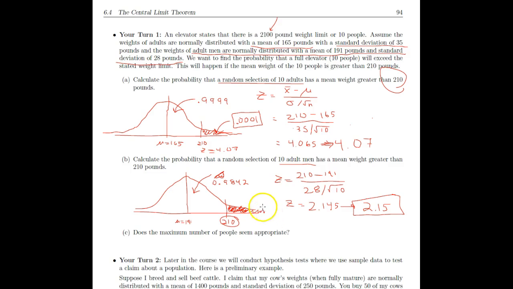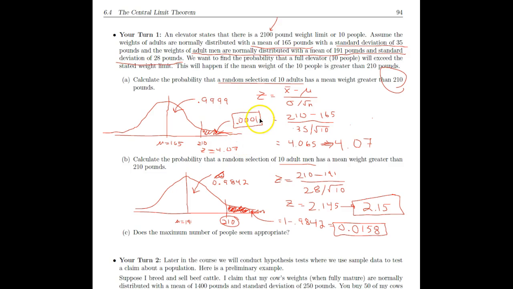So what is that going to give us for a probability for the area that we're actually concerned about, this area over the right? What are we going to do? It's going to equal 1 minus 0.9842. And that will come out to be 0.0158. So that right there is the final answer. The probability is 0.0158.